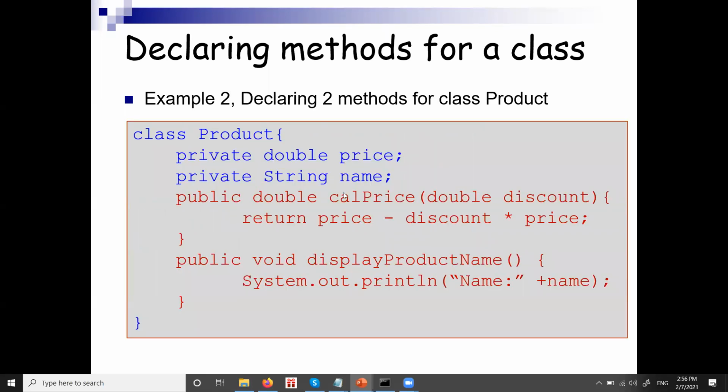All right. So now, how do you declare the methods for a given class? You remember methods are like a function. So after declaring your variables or your fields here, like this one, price is a double, name is a string, private. We have a function here, or we have a method which is called